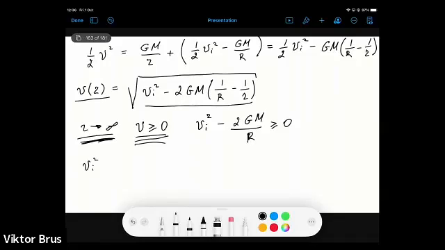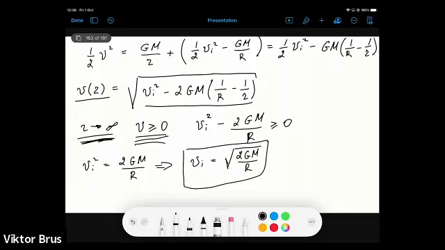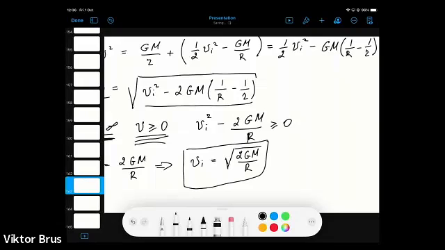V initial square will be equal to 2GM divided by R. And from here, we can show that minimum escape initial velocity, which is escape velocity for a projectile, will be equal to square root of 2G times M divided by radius of the planet, which is the same expression that we got previously, if we can go back,